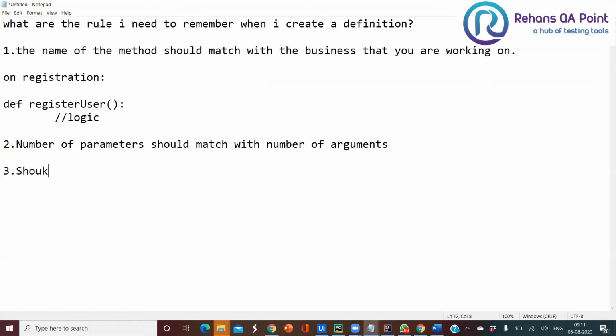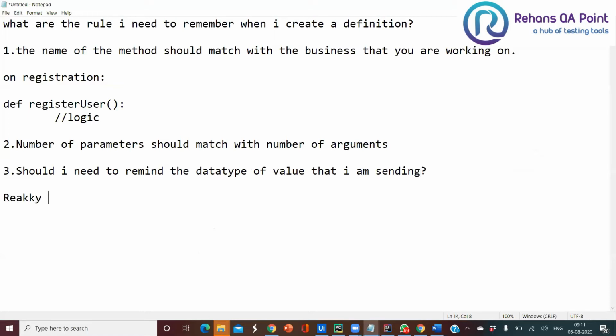Should I need to remember the data type of the value that I am sending? Really, yes, guys. We have to remember it.